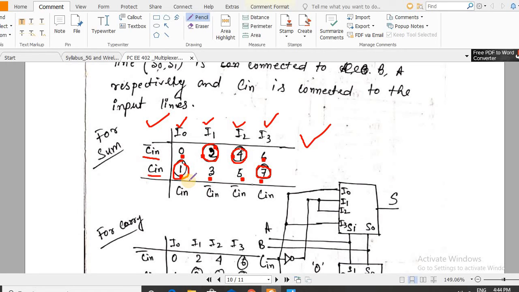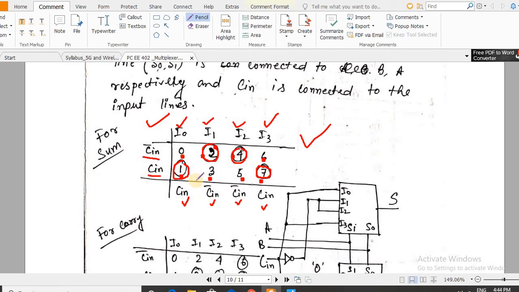What is the method? If only the term below is encircled, I will write down Cin here. If the above one is encircled, I will write down Cin bar. Similarly here 4 is encircled, I will write down Cin bar. And here the 7 is encircled, I will write down Cin.